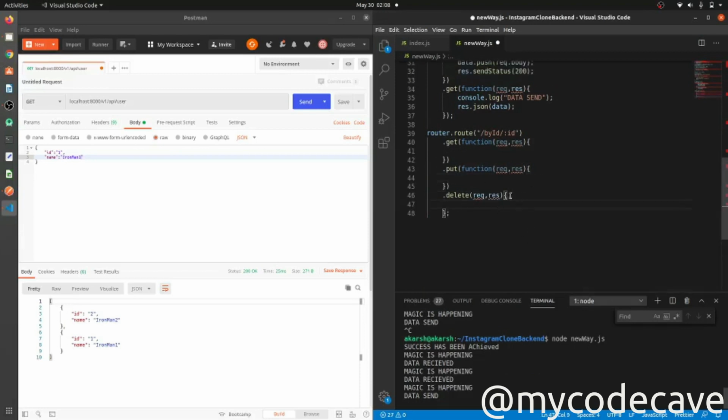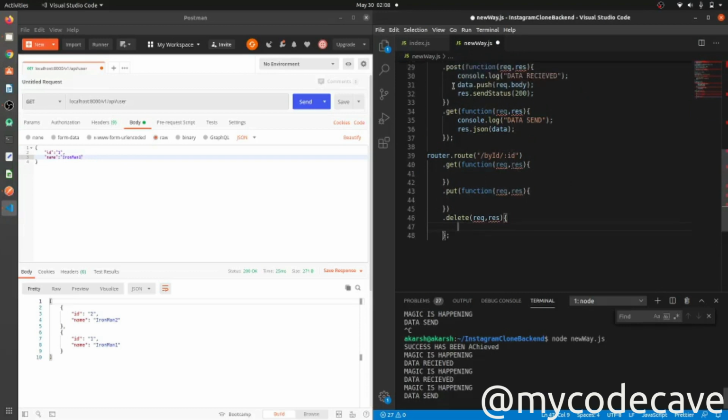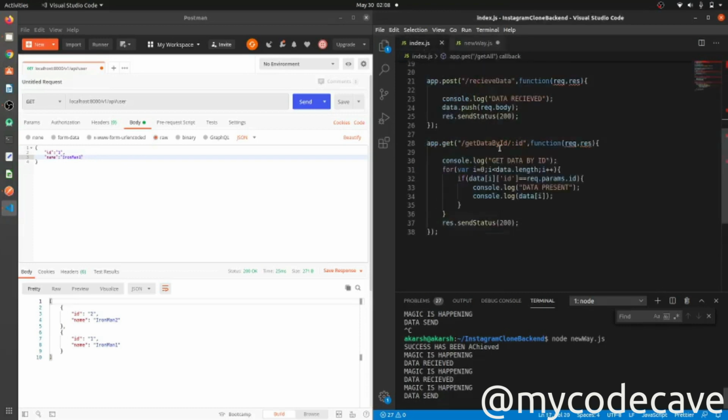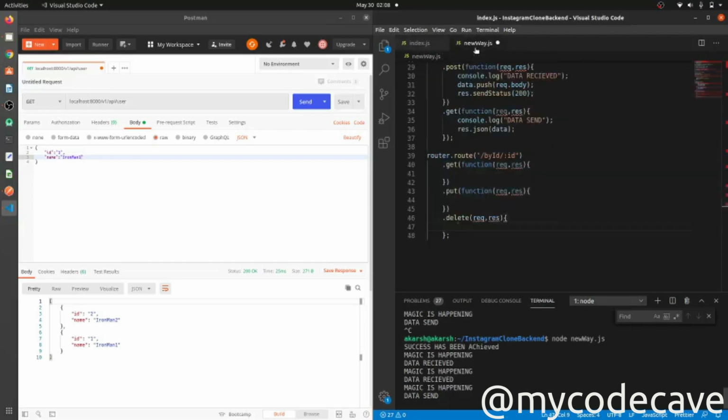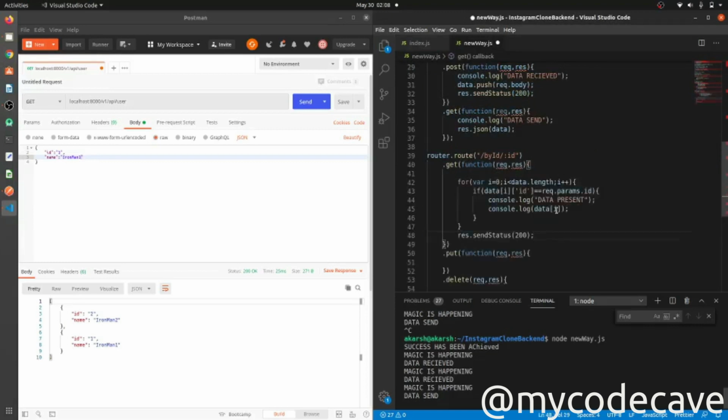Now I just have to fetch the data from my data. So I can go over here and copy the whole thing from here.